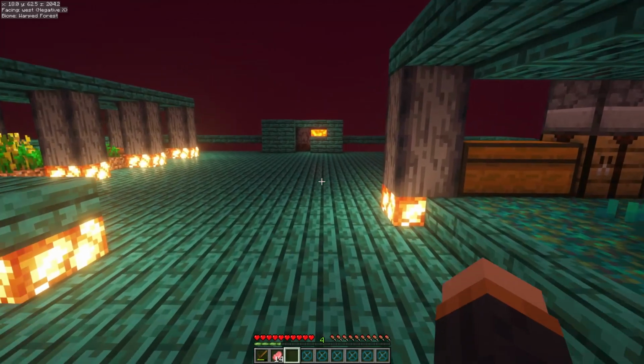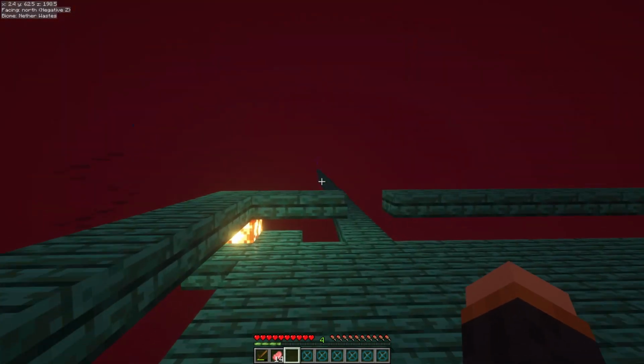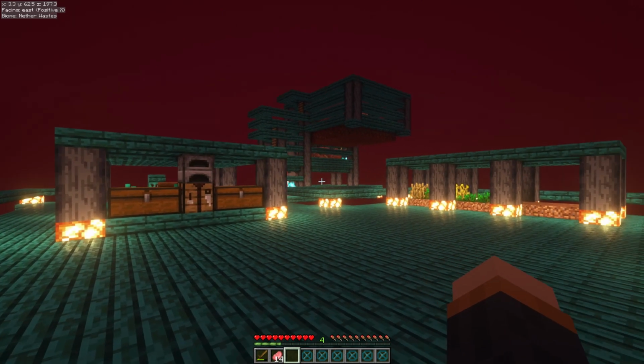Now, the next one, I went ahead and built out that way. And out that direction is a basalt delta. If I utilize that, I can get a magma cube farm going. So using the magma cubes, I can get magma cream, and I can use the magma cream to make magma blocks. Now the magma blocks will allow me to make a more efficient farm for killing...